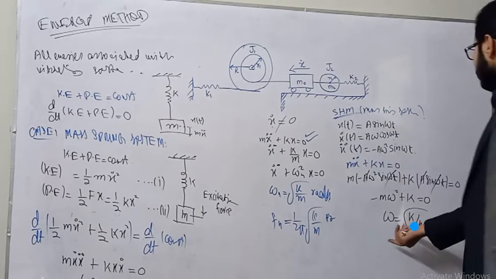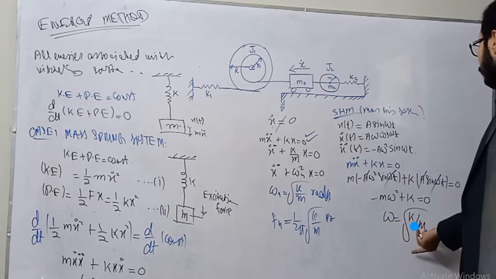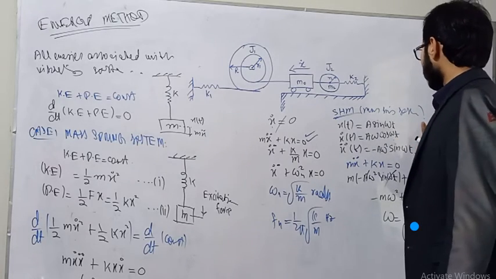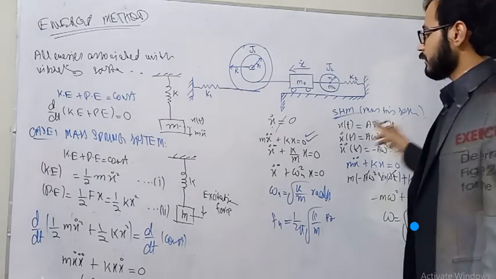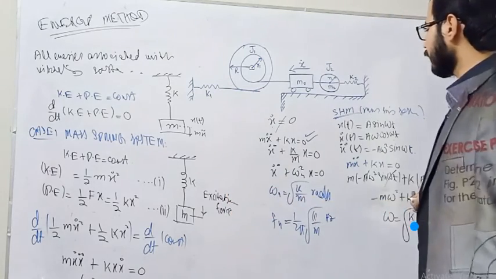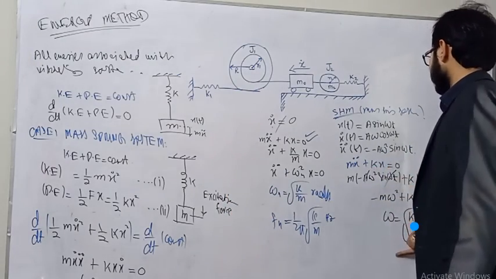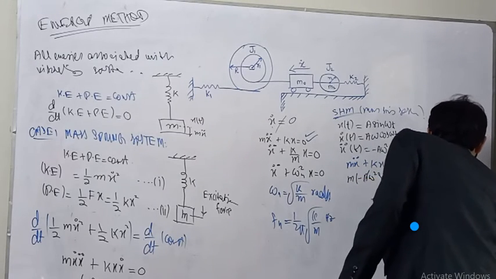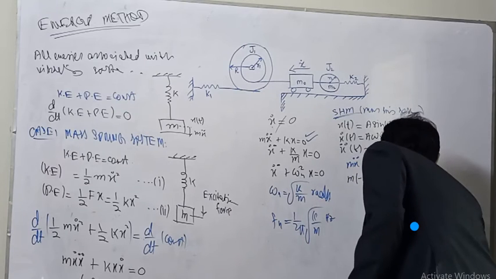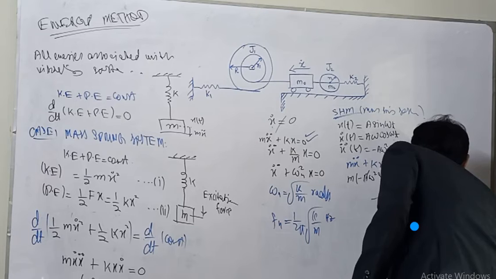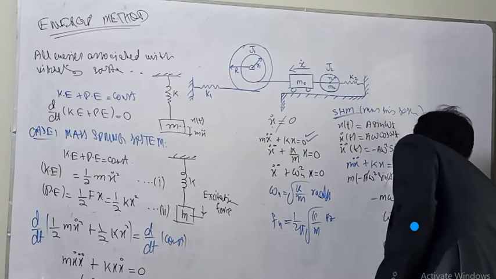So this is the rotational natural frequency that was considered to be square root of k over m, and we have derived it with the help of a simple harmonic motion. By considering the simple harmonic motion of this vibrating body and putting it into the equation of motion, we have derived the natural frequency. So the natural frequency is square root of k over m radians per second, and we can write the natural frequency f n as 1 over 2 pi square root of k over m, and its value will be in hertz or cycles per second.